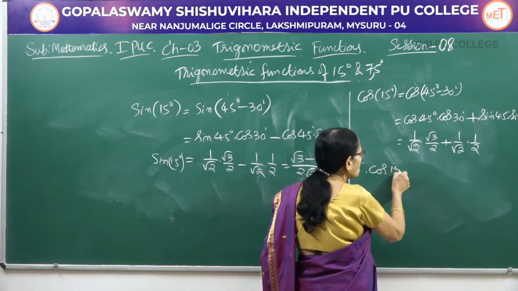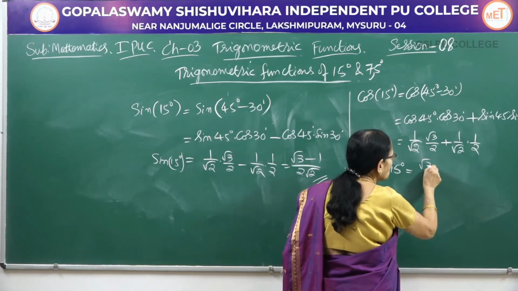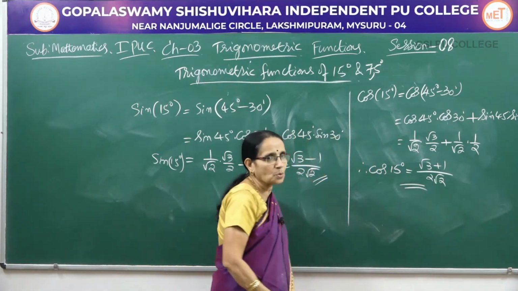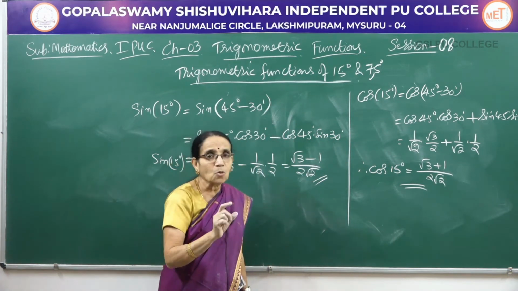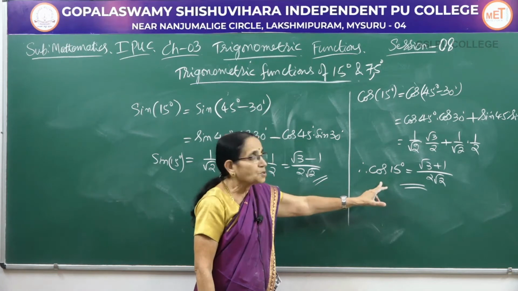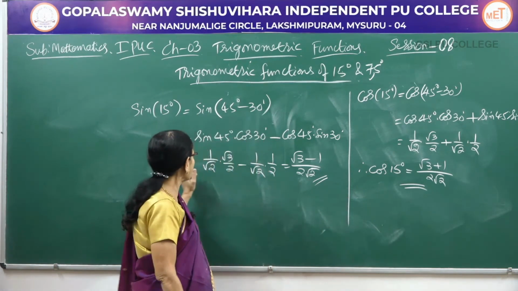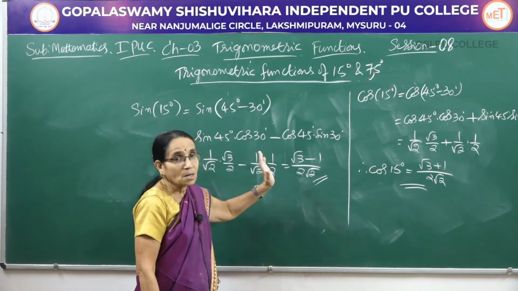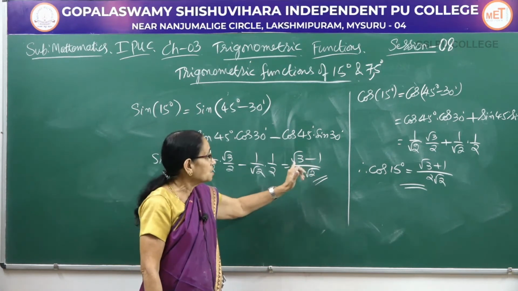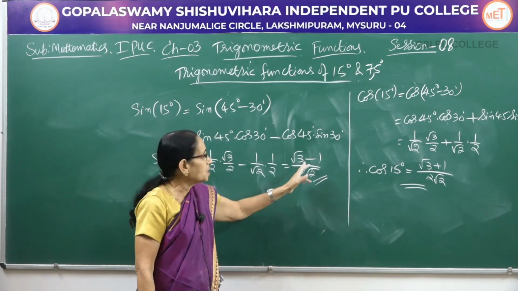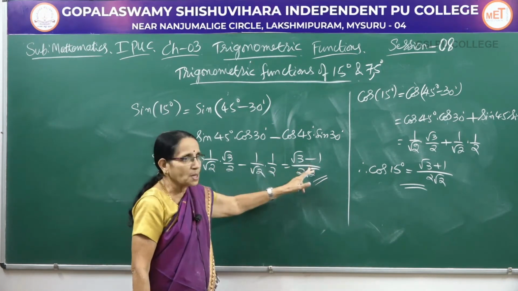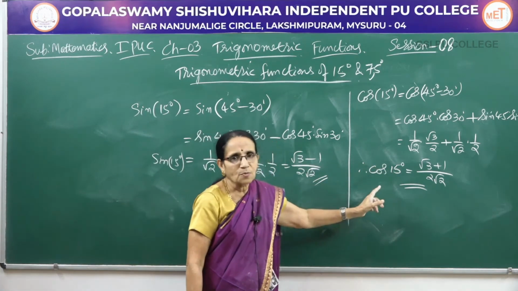Therefore, I am having cos 15 degrees. Again taking the LCM, which is a common denominator, we get it as root 3 plus 1 by 2 root 2. See, the values are interchanged. You don't get confused. Cos 15, root 3 plus 1 by 2 root 2, that was equal to sin 75. And sin 15, root 3 minus 1 by 2 root 2, we had derived earlier for cos 75. So you have to remember the sign. The terms are the same in all. See, root 3, 1, 2 root 2, all of them are there. Be careful about the sign that you have to write.